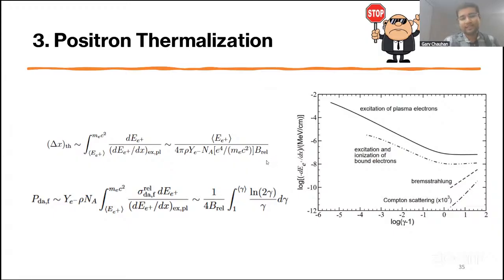There's also a second possibility that the positron doesn't come to rest, and before it comes to rest, it just annihilates in flight. That is what's called the in-flight annihilation probability, which is given by this particular relation. We have checked that for the energies of interest, it's only 10 to 20% in our case. So 80% of the time, it will annihilate at rest. And since it annihilates at rest, it will give you a 511 keV line, which will not be possible in the case if it has an